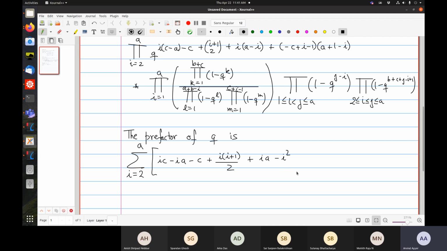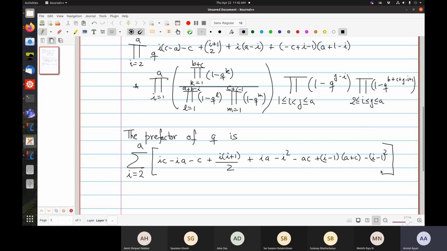Now let me expand this. Get minus AC. So there's an I minus 1 hidden over here, so this is plus I minus 1. If I take the I minus 1 common, I get an A from here, and this is already with a minus sign, so I get an A plus C. And the remaining is an I minus 1 squared with an overall minus sign because this is 1 minus sign.